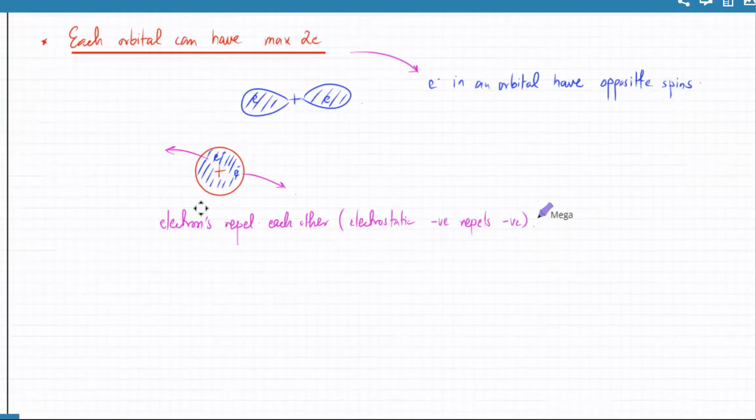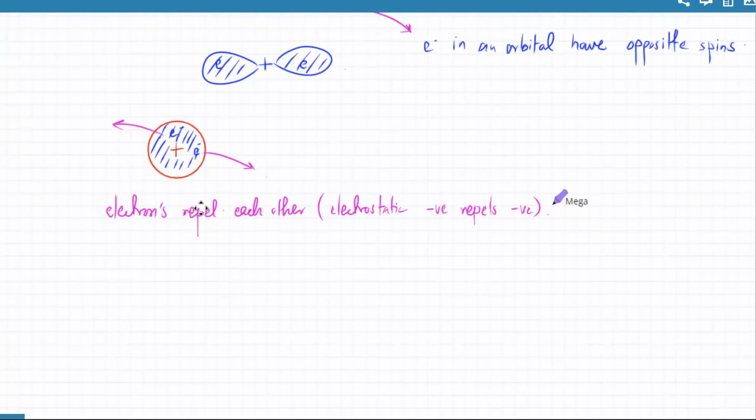So how can the force of repulsion get cancelled out? मतलब we need to cancel them out, otherwise दोनों electrons एक दूसरे को they're pushing each other out. So how can I remove this force of repulsion? So what happens is, when you hear the term, chemistry में ना, whenever you hear the term opposite spins,